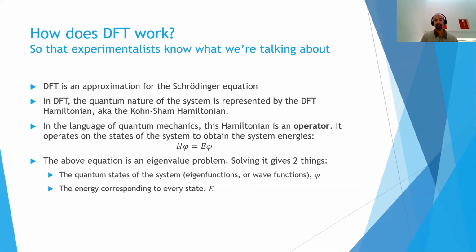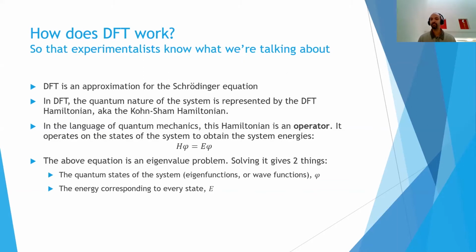H, the Hamiltonian, operating on psi or phi here, which is the state of the system, gives you the energy of the system, right? So when you apply that Hamiltonian, whether it's the actual Schrodinger equation or the DFT Hamiltonian, which is called the Kohn-Sham Hamiltonian here, what DFT gives me as a DFTer,